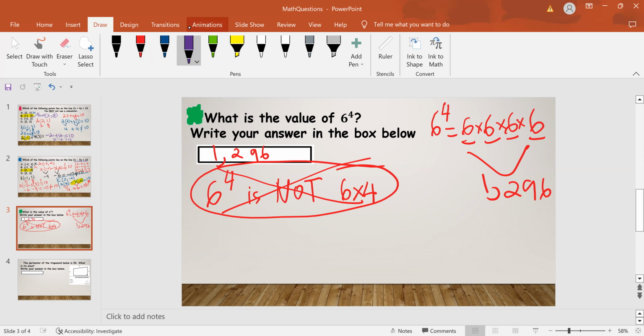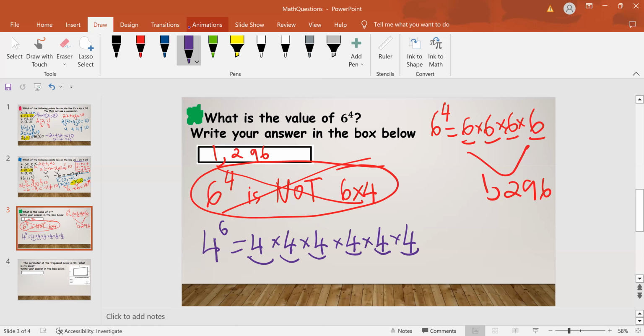1,296. But suppose they also ask you this. They ask you to evaluate 4 to the 6th power. Again, this is not 4 multiplied by 6, but 4 multiplied by 4 multiplied by 4 multiplied by 4 multiplied by 4 multiplied by 4. We multiply 4 by itself and we repeat this how many times? 6 times. Doing that, the result will be